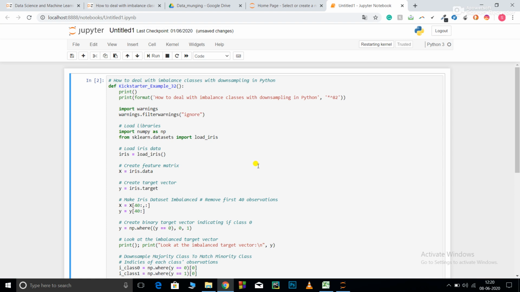Now let's get started. So what is an imbalanced class? When you are dealing with a classification problem, consider an example of a two-class classification problem. There is a class A and there is a class B. Now the availability of class A in my data points is 90%, whereas the availability of class B in my data points is only 10%. So this is a problem of imbalanced classes. Now if the ratio is 30 to 70 or 60 to 40, it's well and good.